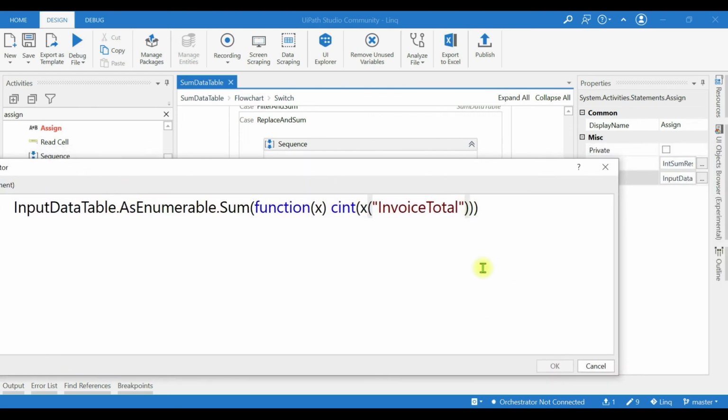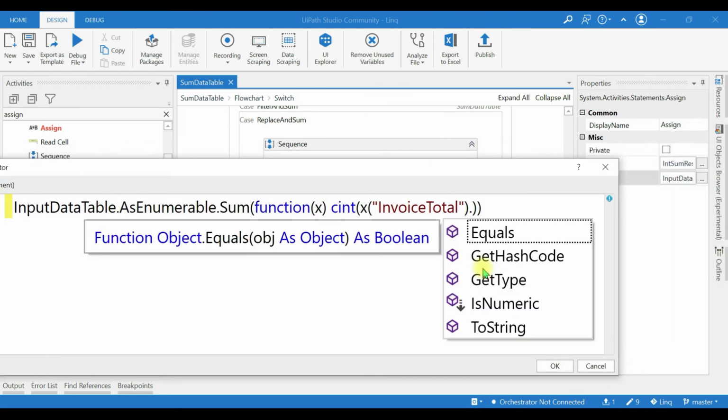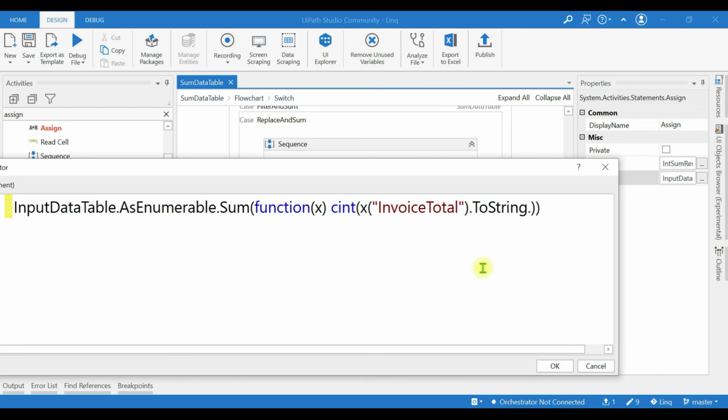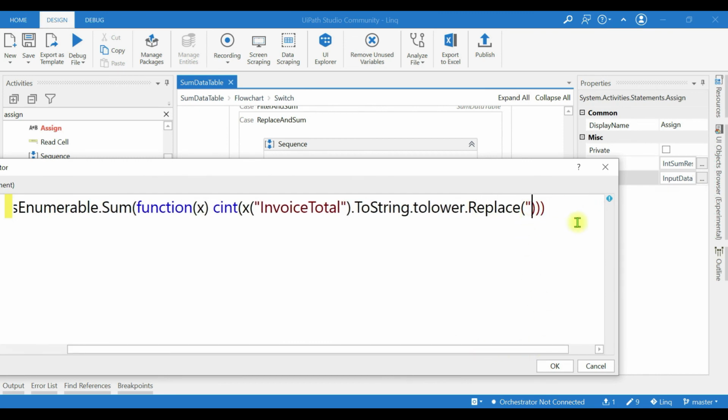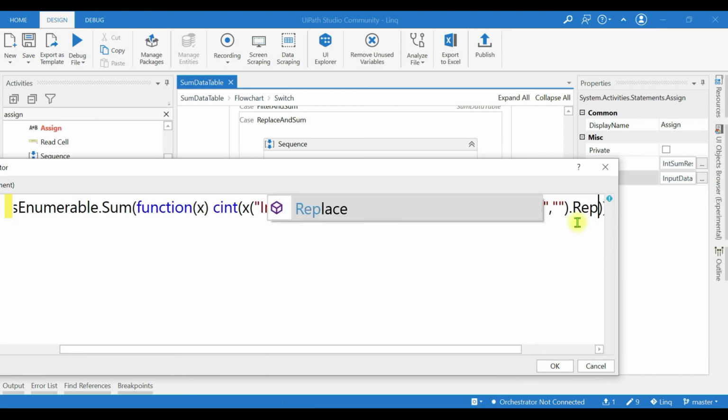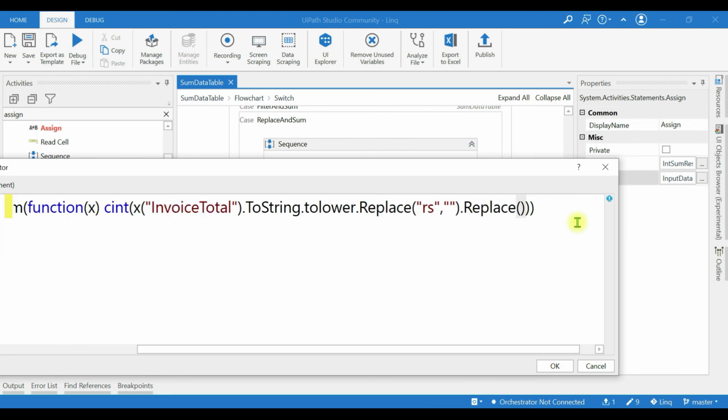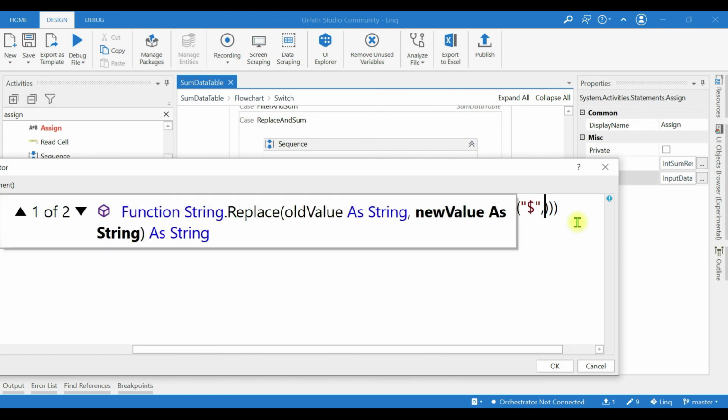Now what we are going to do, dot, this is an object, so to string, because only after converting to string can we use the replace function. Replace, what we are, to string dot to lower. Replace dot replace, dollar symbol, comma.